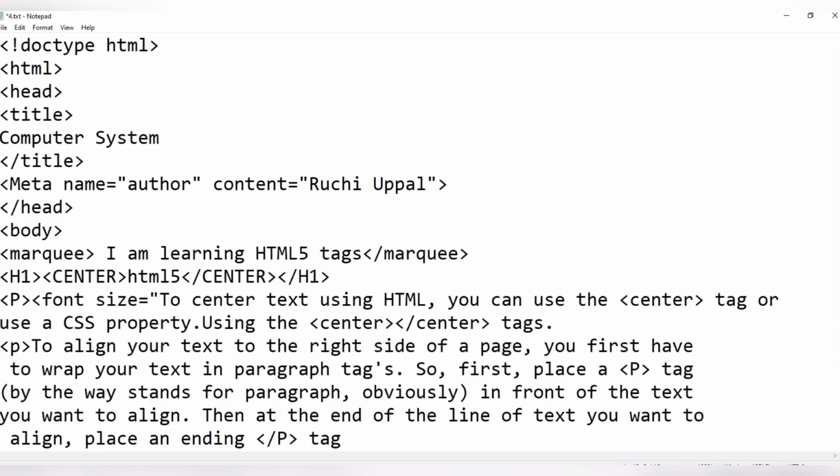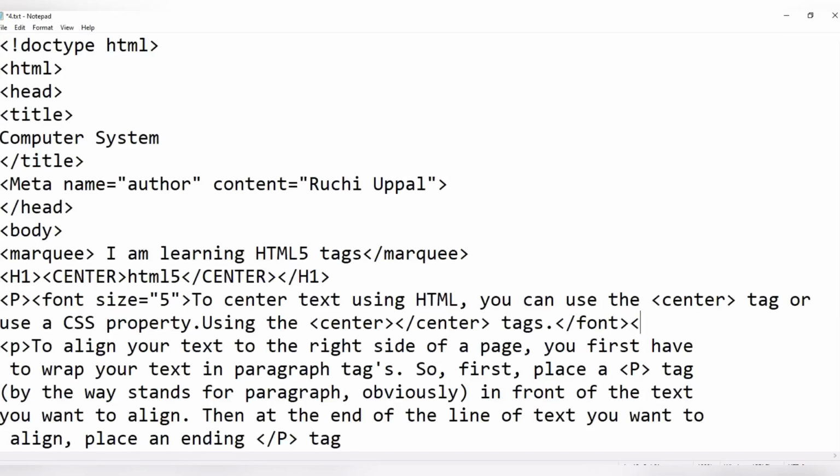I want its size 5. After that, obviously I have to close my font tag. So I am closing my font tag here and I am closing the P tag also.